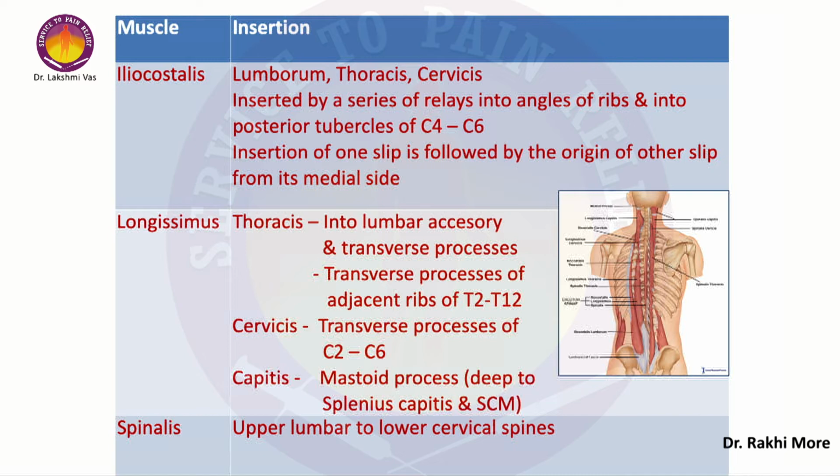Serratus posterior is the middle layer. Then what is the deep layer? Deep layer are the erector spinae muscles. Okay, so the classification which we have seen earlier is that the superficial consists of 5 muscles: trapezius, latissimus dorsi, rhomboid major, minor, and levator scapulae. They are classified according to the function. The function of these muscles is the movement of the upper limb, the middle layer, that is the serratus posterior superior and inferior, has a respiratory function, and the deeper layer is basically the movement of the vertebral column. Okay. So the next layer.